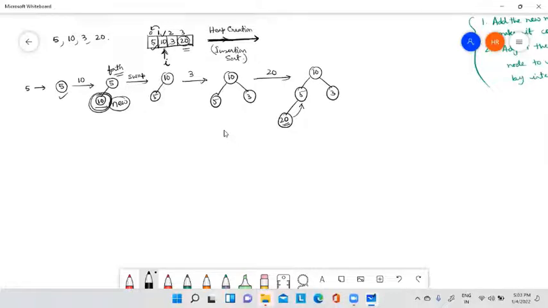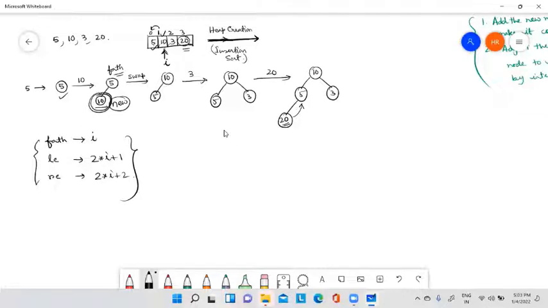Last class I told you, if we represent any tree with the help of an array, then how will we store the data? I will store the data with index value representation. If the father has the index value I, then the left child will have index value 2 into I plus 1, and the right child will have the index value 2 into I plus 2. This is the way we store the elements.